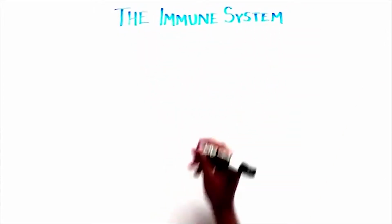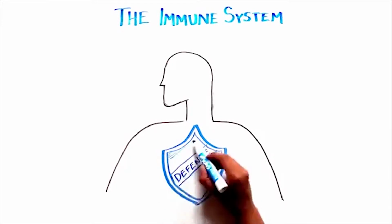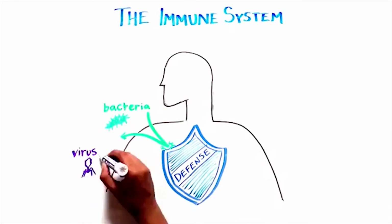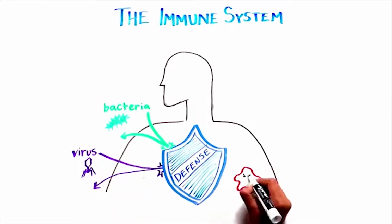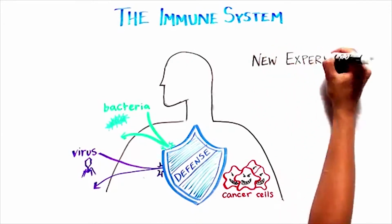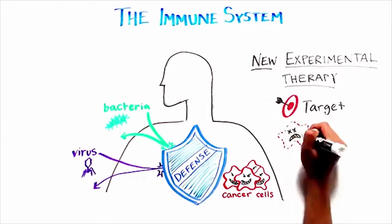The immune system, our body's defense mechanism, is responsible for protecting us from invaders. These invaders can be external, like bacteria and viruses, but can also be internal, such as cancer cells. Here we will tell you about a new experimental therapy that aims to strengthen the immune system's ability to target